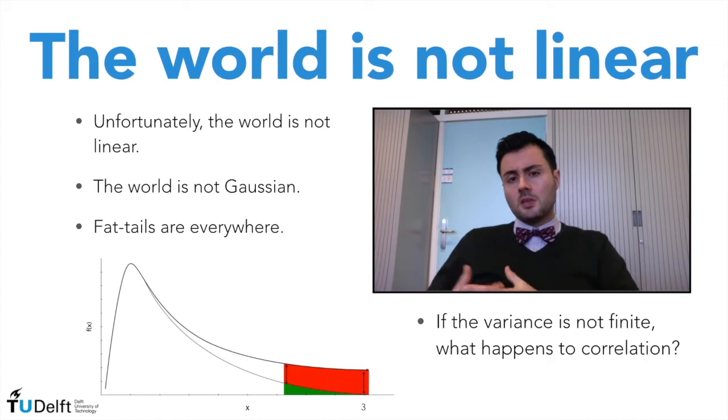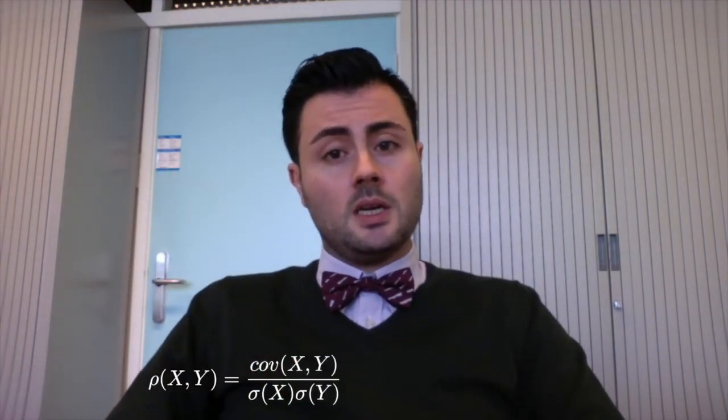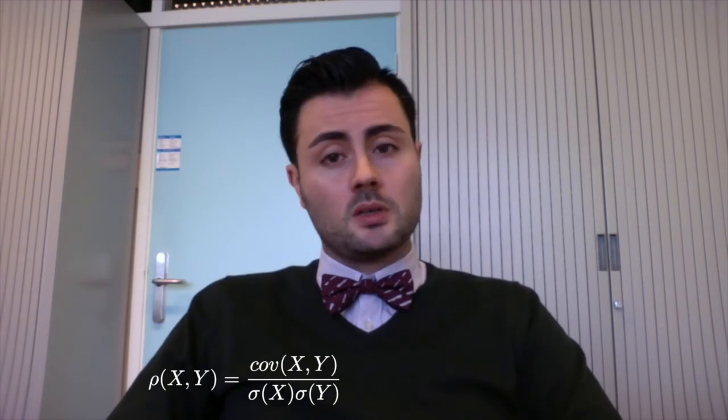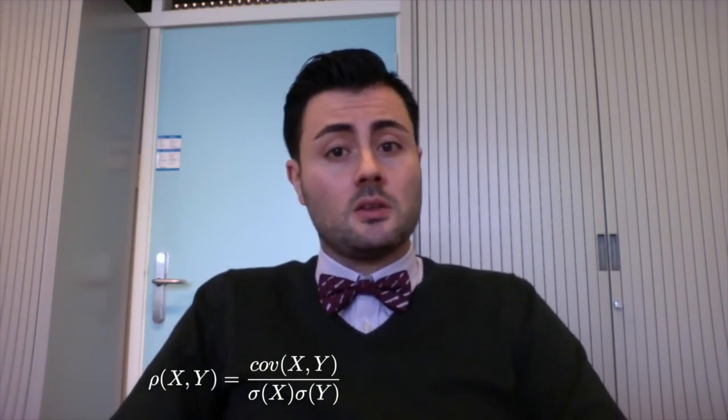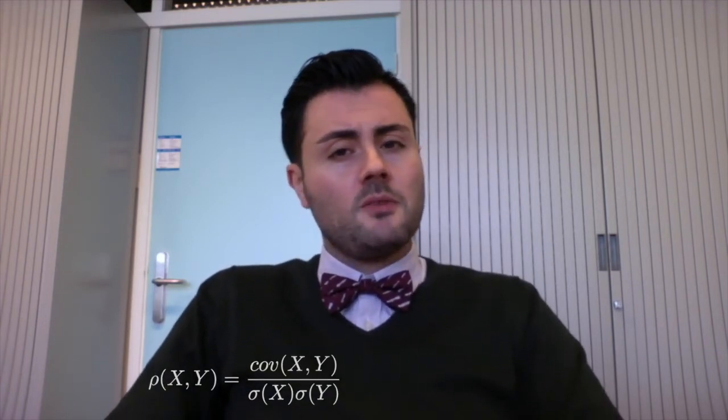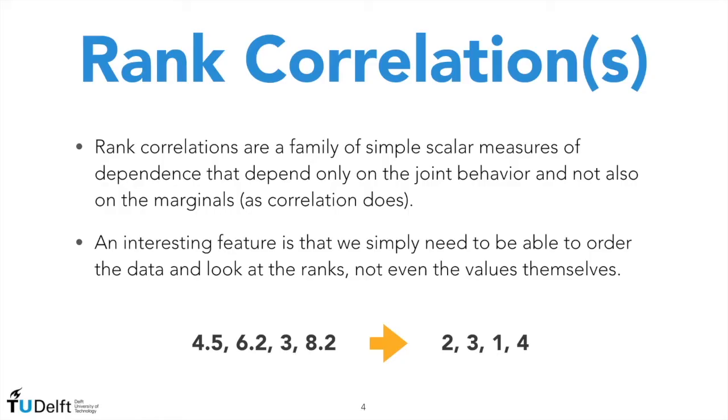So, if the theoretical variance is not finite, what happens? Correlation is not defined. Why? Because look at the ratio that defines correlation. We have the product of the standard deviations that are the square roots of the variances. But if the variances are infinity, then what about the square root? Correlation cannot be defined. A possible solution is represented by rank correlations